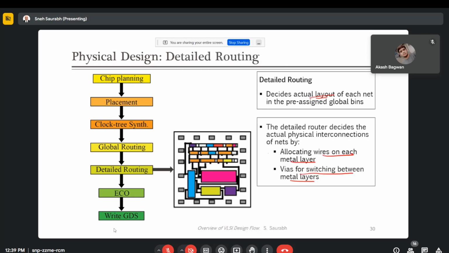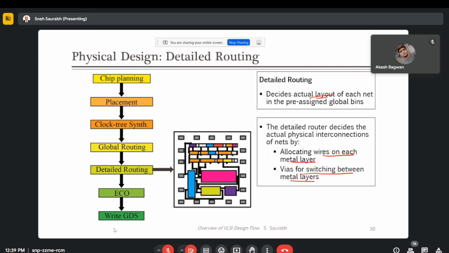So again here, the tool will consider various rules that are coming from the foundry, meaning what should be the minimum spacing between the wires, what should be the minimum width of the wires, and what various other design rules must be followed. It will also consider the timing of our circuit. It will also consider signal integrity, power integrity, and many other things the tool needs to consider during the detailed